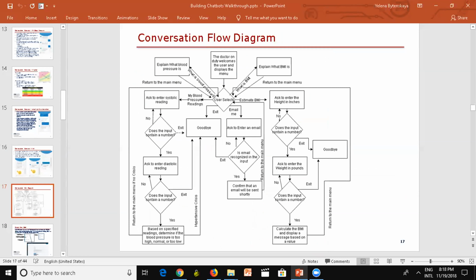But before you can do this, you have to really do what I just showed you. You have to think through the scenarios. Like if I select goodbye, if I select I want the information to be emailed to me, or if I select I want to estimate my BMI, right? I should be prompted to enter my height and weight, right? And on the other hand, if I select the blood pressure, then I should be prompted to enter the readings,